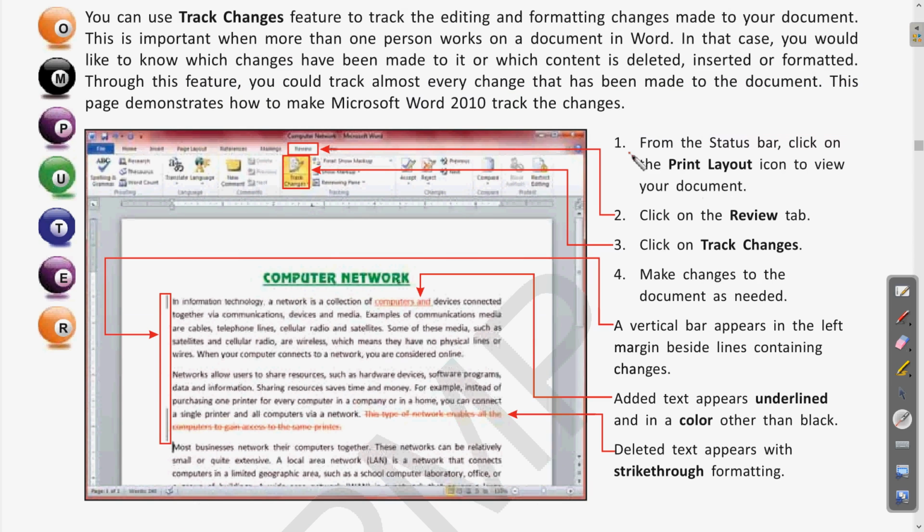Then the first step is, from the status bar, click on the print layout icon to view your document. Clear? So we already know where the status bar is and which is the print layout icon. Here is the status bar, and the print layout icon is among these different views. Clear? So which view do we have to select? The print layout. Then click on the review tab. Clear? We have the review tab. In that review tab we have to click on track changes. Clear? So the review tab is here, and in that we have to click on track changes. Okay,